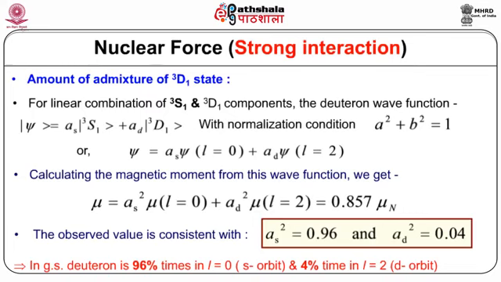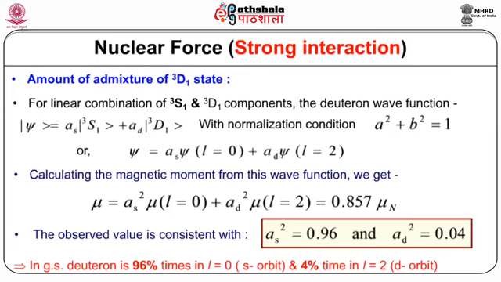A_s and A_d are the ratio of the s component and the d component, or psi is equal to A_s psi(L=0) plus A_d psi(L=2). Calculating the magnetic moment from this wave function, because we know that the magnetic moment is given by mu is equal to the expectation value of mu_z, that is, <psi|mu_z|psi>, in the state when